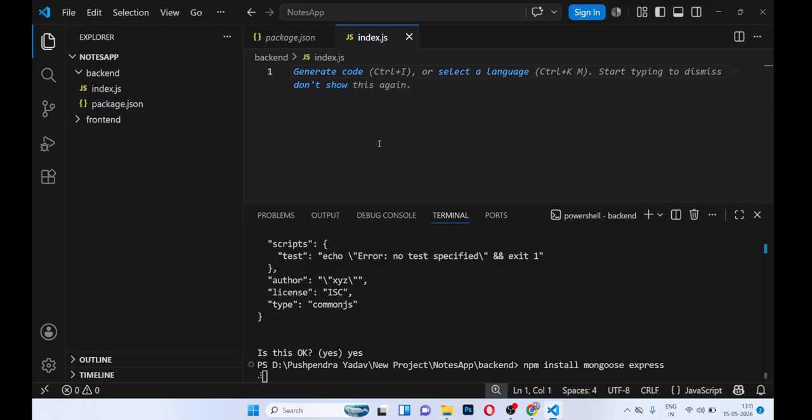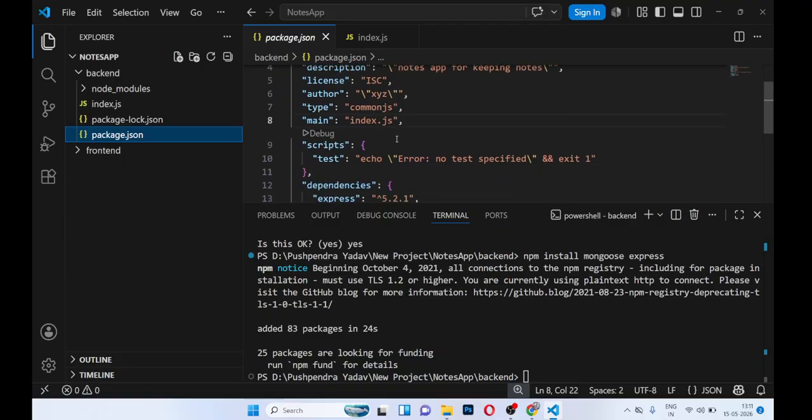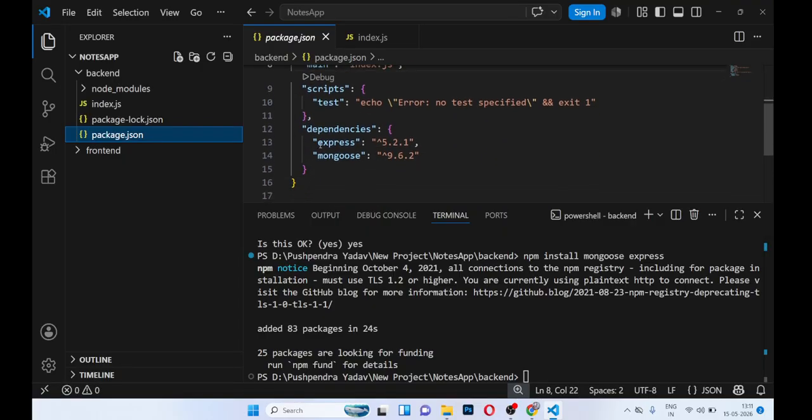Other than that, we will also require the cors module, cors for middleware. Now you see guys, this has been installed. We can see that in this package.json file, in the dependencies, here we have Express 5.2.1 and Mongoose 9.6.2. Okay, so now